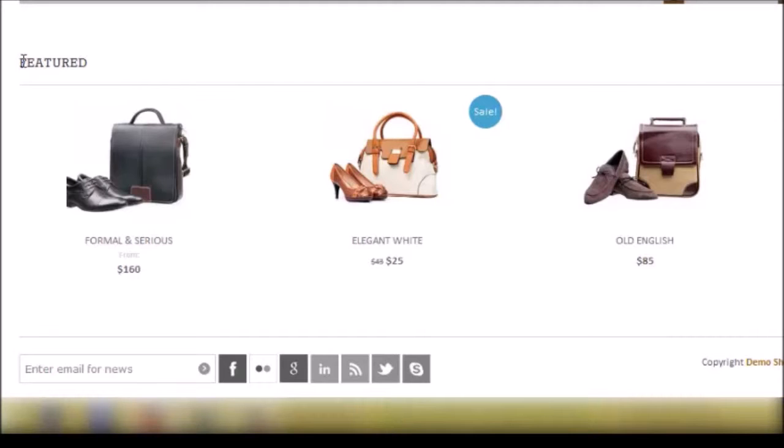And if I look at these three products, this one where I hovered over it says add to cart right here. And notice that's going to be different from this one right here, which if I hover over it says select options. That's because these are actually two different types of product. And we're going to look at this in later videos on the back end. This is a simple product, and this is a variable product. And the difference is that with the simple product, if I click on it,